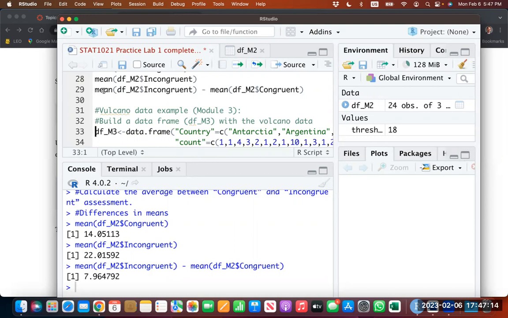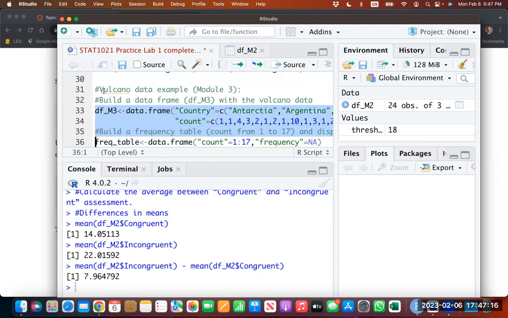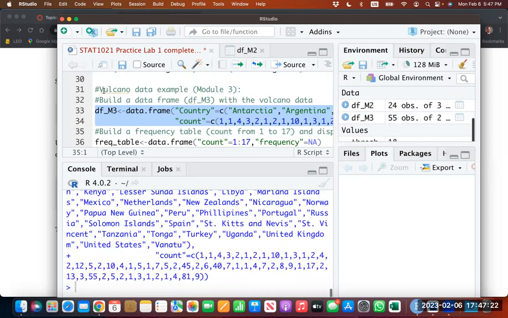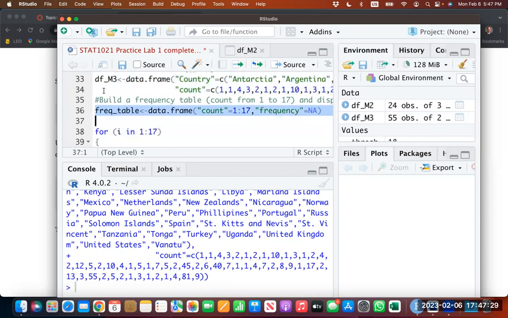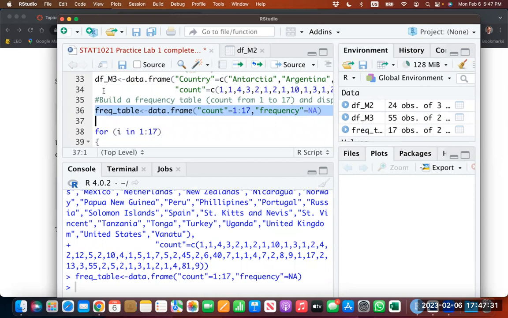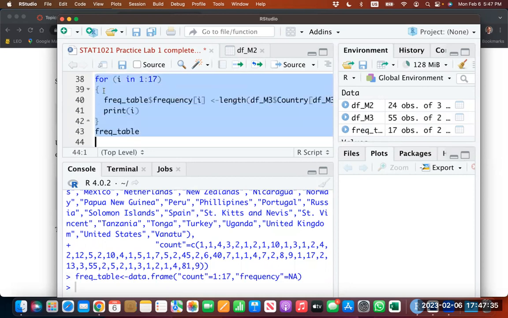Good. So that was Stroop data. Now, in the next 8 minutes, we're going to get to the volcano example. Lines 33 and 34 build DFM3. And you guessed it, it's our volcano data. You know this already. We've done it in the volcano class, in the module where we discussed the volcanoes. Line